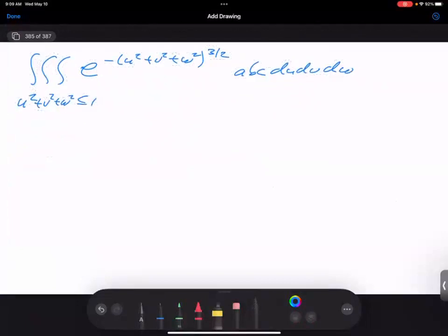How should we handle this? Does it matter if I use x, y, z as my Cartesian coordinates or u, v, w? I can use whatever I want. This is just integrating over a sphere. When you are integrating over a sphere, your default should be spherical coordinates. So this would become